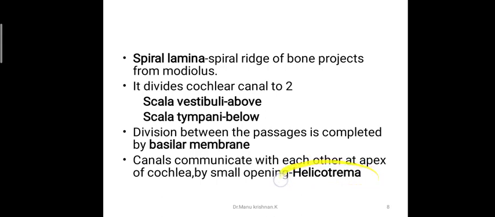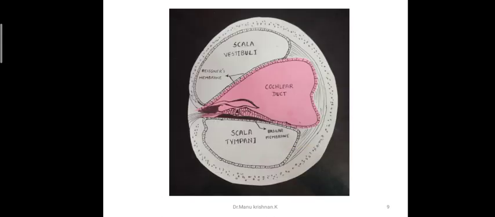So, this is an important point to remember. The fluids within the scala vestibuli and scala tympani will communicate through the helicotrema, which is a small opening at the apex of the cochlea. So, here you can see a cross sectional image of the cochlear canal, which is divided into two parts by the bony ridge projecting from the modiolus. This is the bony ridge projecting from the modiolus. So, the upper one is the scala vestibuli and the lower one is the scala tympani,